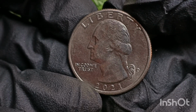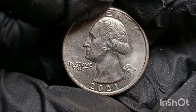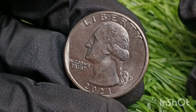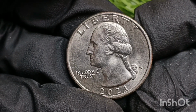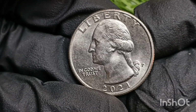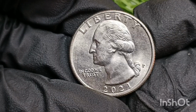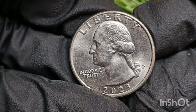Washington's legacy. Later in 2021, following the conclusion of the America the Beautiful program, a new quarter was issued, but it wasn't part of a series. It was a standalone tribute to a pivotal moment in the Revolutionary War. On December 25, 1776, General George Washington led a daring and dangerous crossing of the icy Delaware River. It was a turning point in the Revolutionary War, resulting in a surprise victory at the Battle of Trenton and